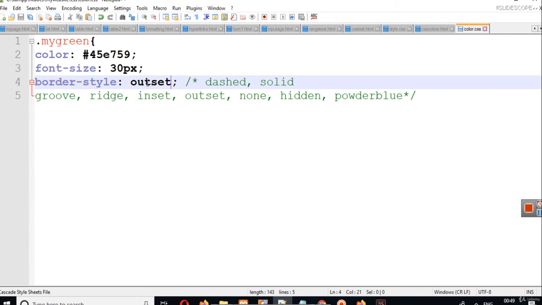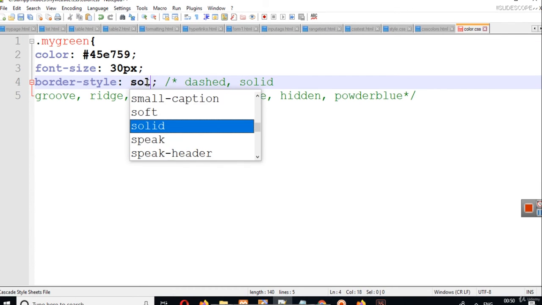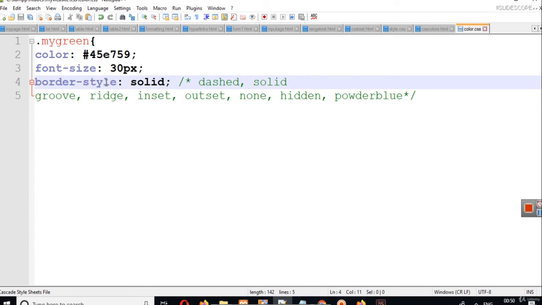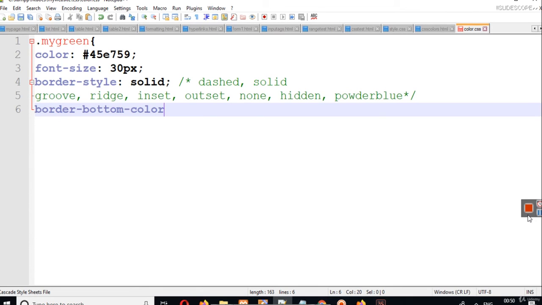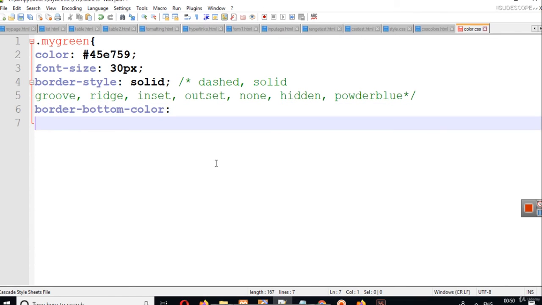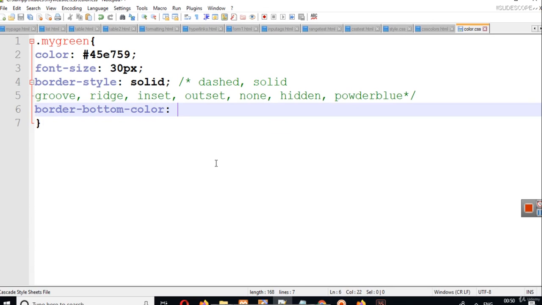So let's provide a solid border here, so border style should be solid, and I will write border bottom color. I will first close this CSS here because we have only one property, so it might work, but if we have other properties it might not work.